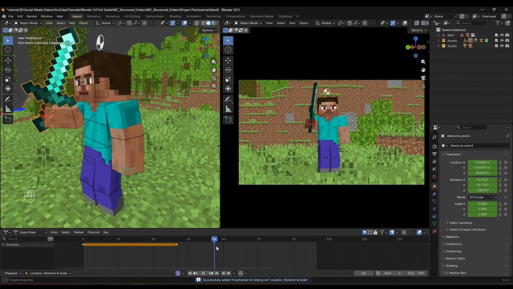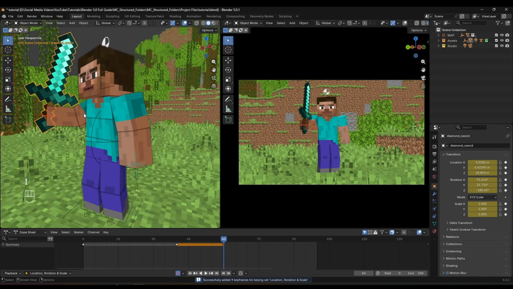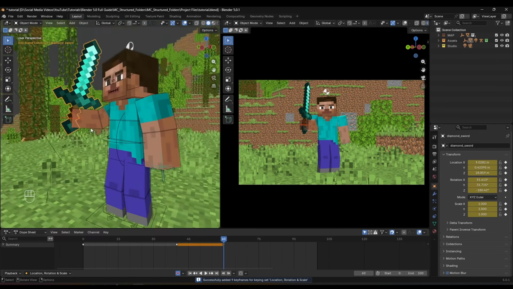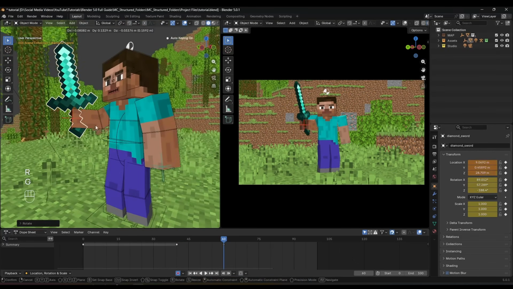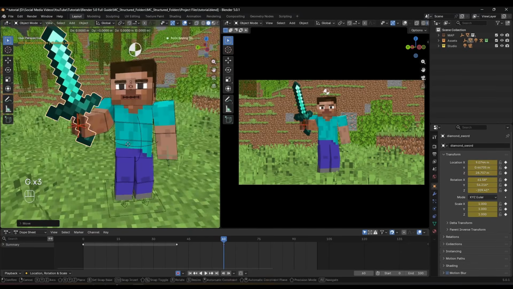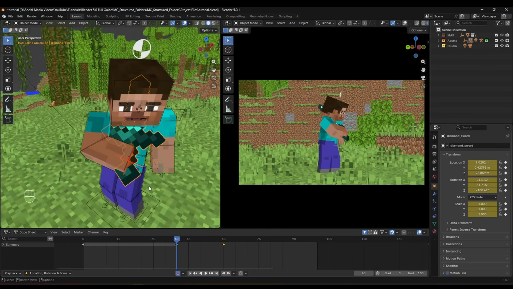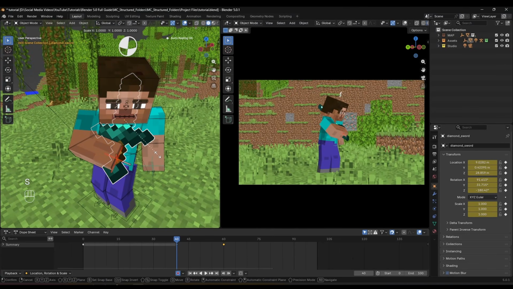Go forward on around frame 60, like here. Then press on I again to tell Blender that we want the sword to be here. And maybe rotate this forward slightly so that the viewer sees the sword a lot better. Then we can adjust the camera later on, but let's keep it like so. And then go back on frame 40 where you pressed on I. And what we can do is press on S and then type 0 on your keyboard to basically make the